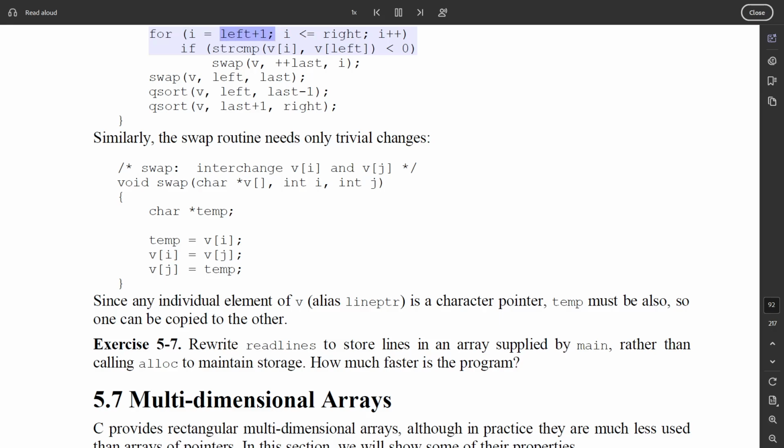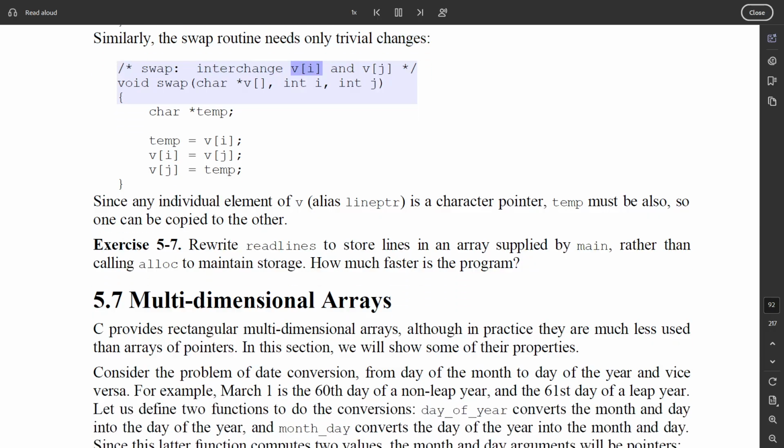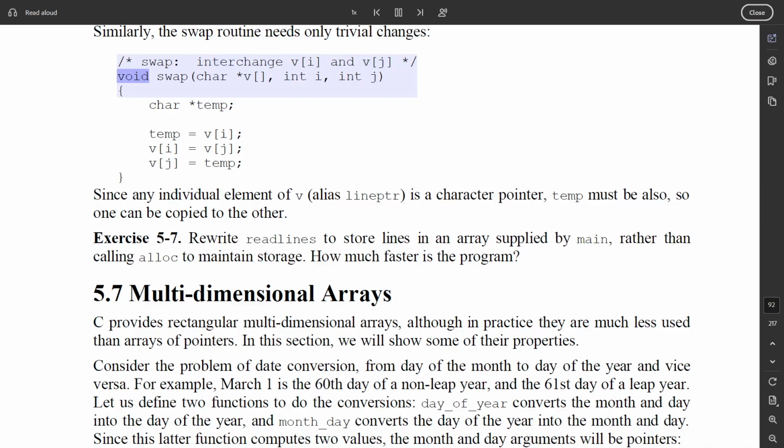for (i = left + 1; i <= right; i++) if (strcmp(v[i], v[left]) < 0) swap(v, ++last, i); swap(v, left, last); qsort(v, left, last-1); qsort(v, last+1, right). Similarly, the swap routine needs only trivial changes: /* swap: interchange v[i] and v[j] */ void swap(char *v[], int i, int j) { char *temp; temp = v[i]; v[i] = v[j]; v[j] = temp; }